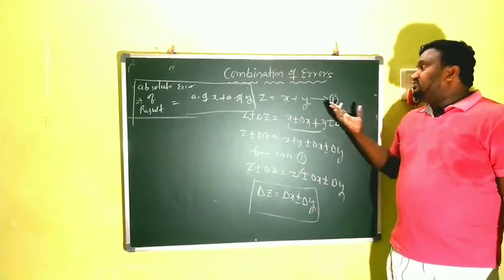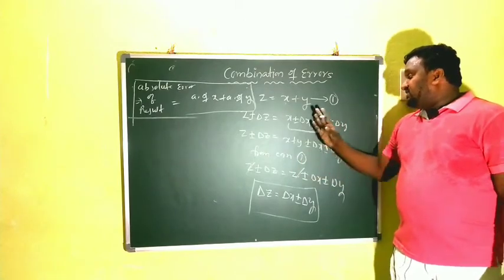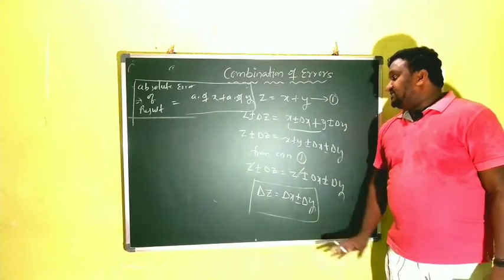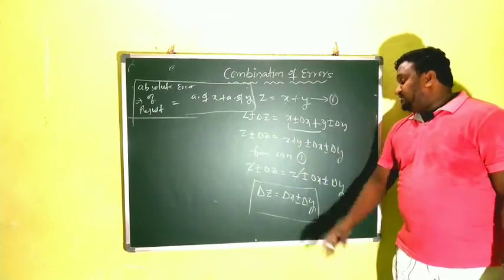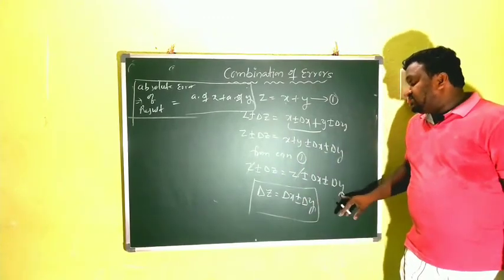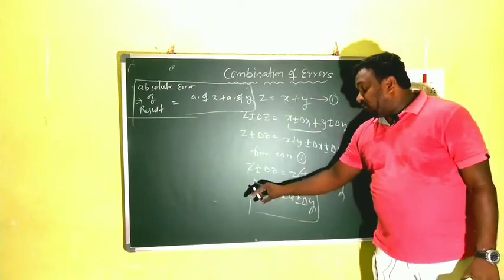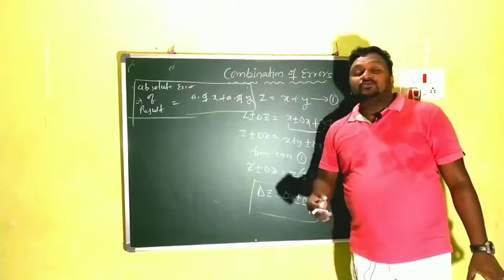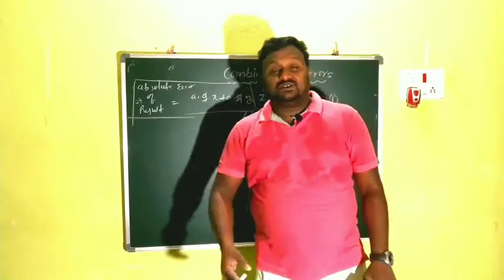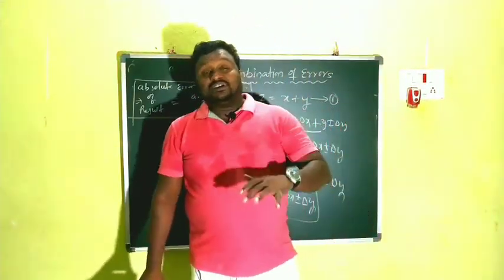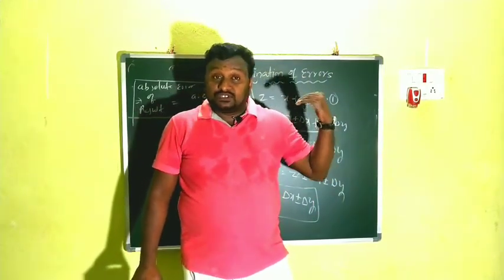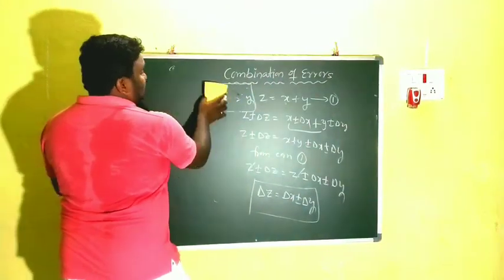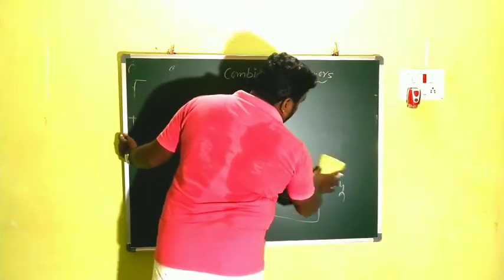So here, this is again equation number 1. After that we are writing x and y side by side. Again, x plus y means Z. Now Z cancels. Then finally what you have: delta z is equal to delta x plus or minus delta y. So the absolute error of the result is the sum of the individual absolute errors of the quantities in the relation. Okay, so this is the principle we explained at the start of this video. Clear, children? If you understand very clearly, we have one probability. Simply I am explaining that.